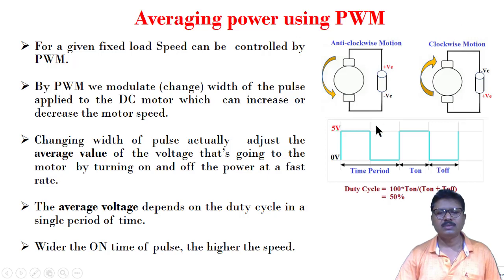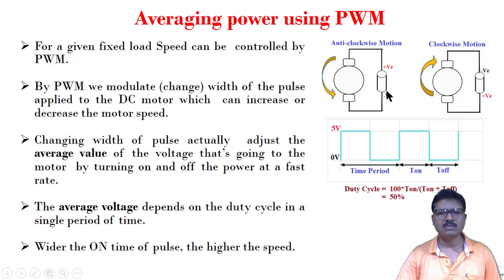Now if we want to change the speed, then the average power, which is a function of current and voltage. So I am considering here that the average voltage can be changed,